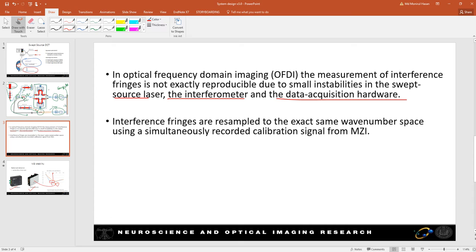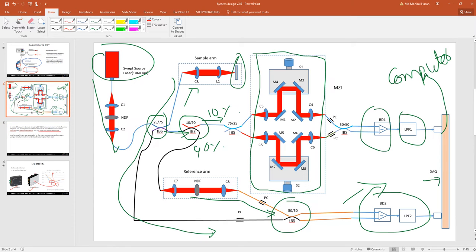But if you want to generate the data properly, you have to make sure that there is no instability in your data. So to remove all the instability, we need to use the calibration data that we can collect from here. We can collect the calibration data from the MZI,